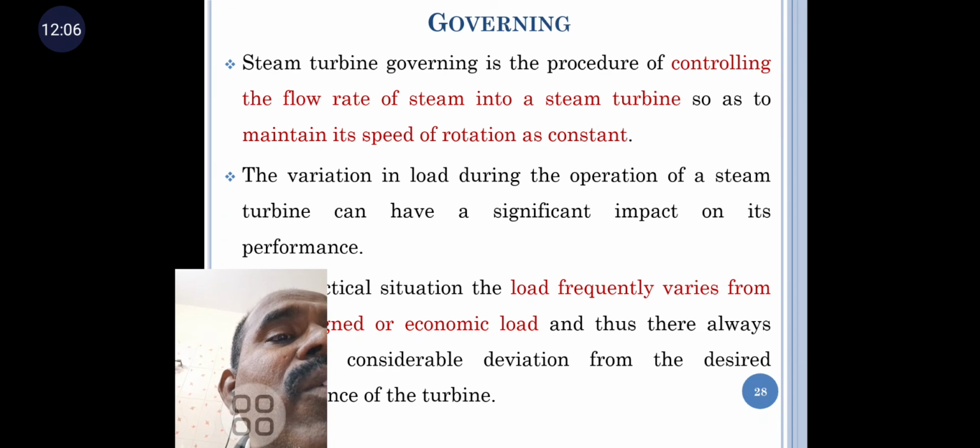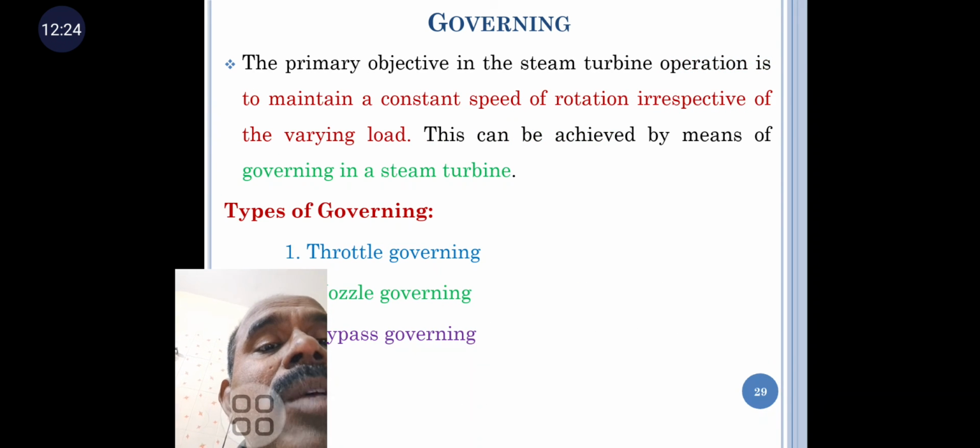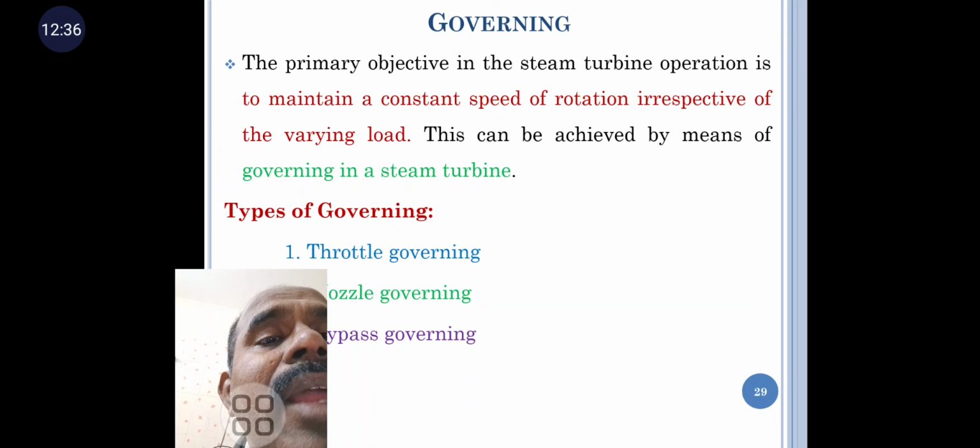The variation of load during the operation can have a significant impact on the performance. In practical situations, the load frequently varies from economic load to peak load. Thus, there is always considerable deviation from the desired performance of the turbine. The primary objective of the steam turbine governing is to maintain a constant speed of rotation irrespective of varying load. This can be achieved by the governing of the steam turbine. The types of steam turbine governing are throttle governing, nozzle governing and